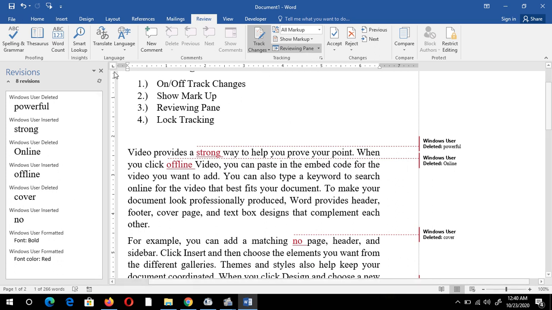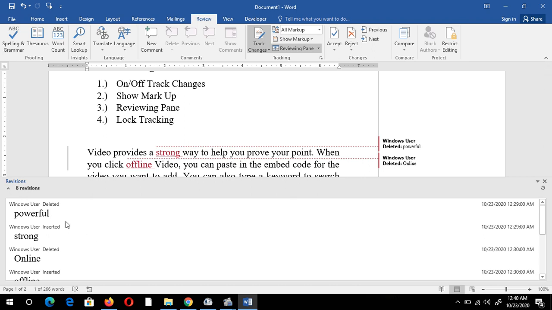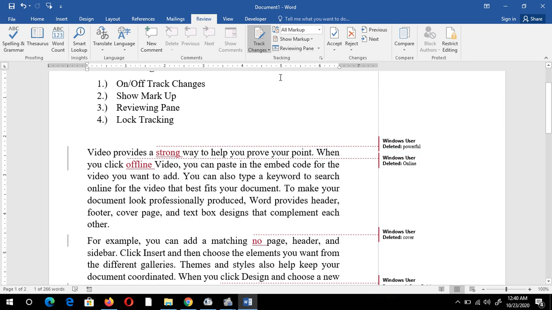Suppose I don't want the reviewing pane vertical, I just want the horizontal reviewing pane. You can see horizontally as well. Now suppose I click again on this option, track changes.